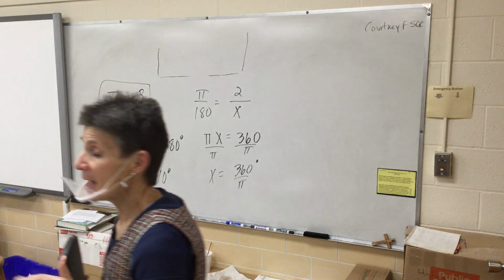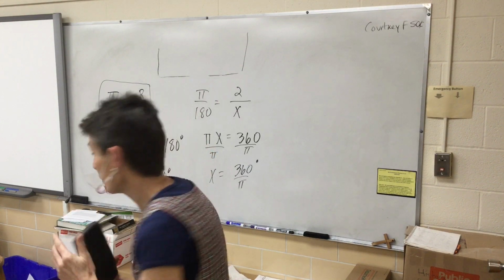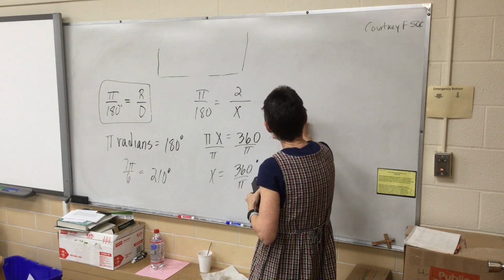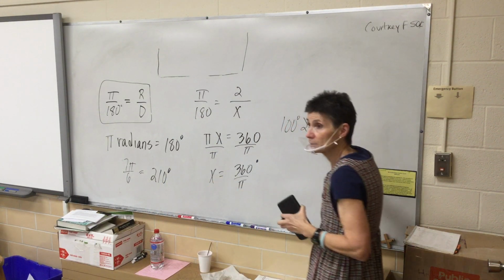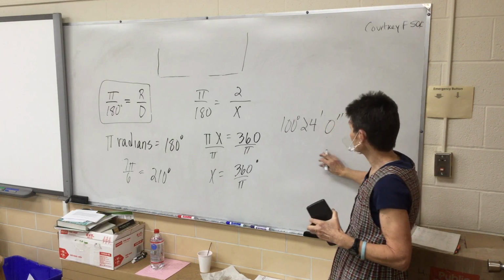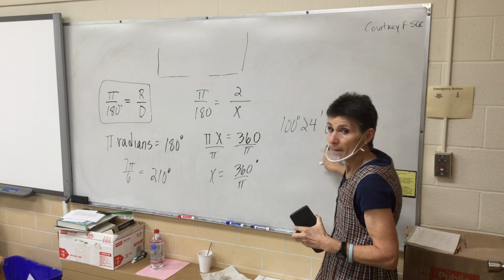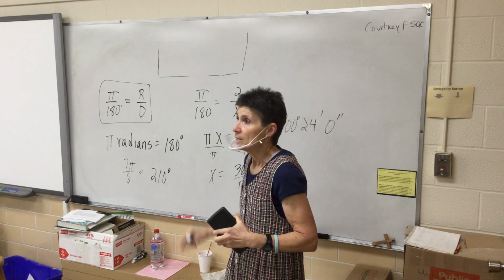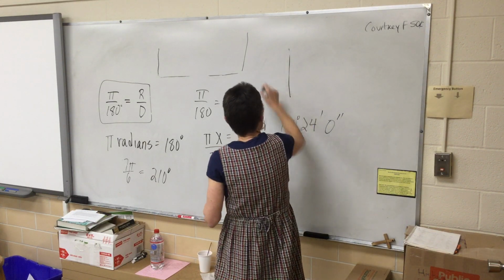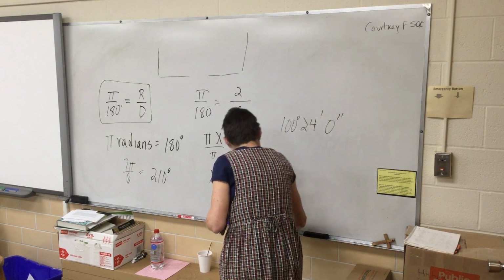But it comes up as 100 degrees, 24 minutes. That little mark is a minute mark, and 0 seconds. Did everybody get that? 100 degrees, 24 minutes, 0 seconds? How's that measured? Okay, so what it means is, let's say we have a circle, like the Earth,